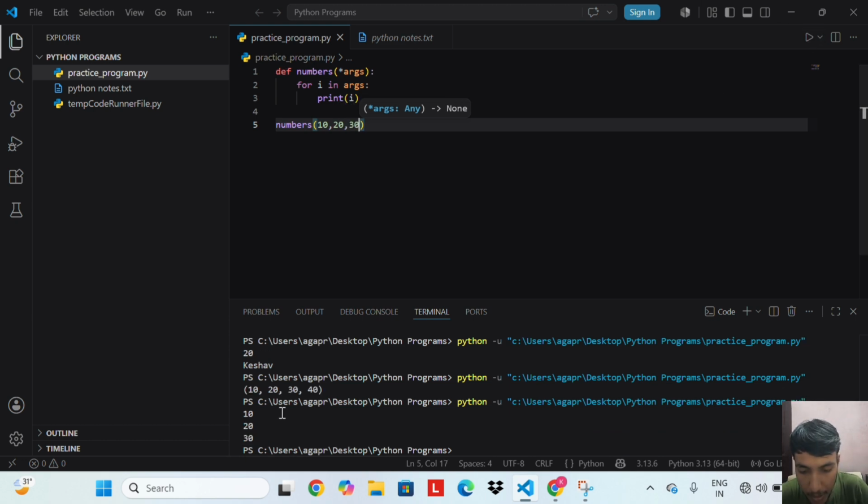Let's run this code. We get 10, 20 and 30 in separate lines.